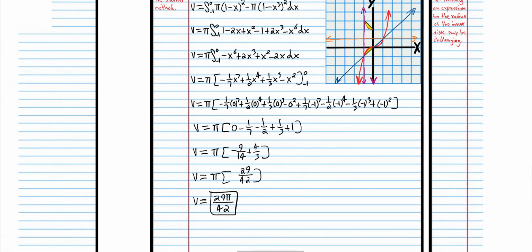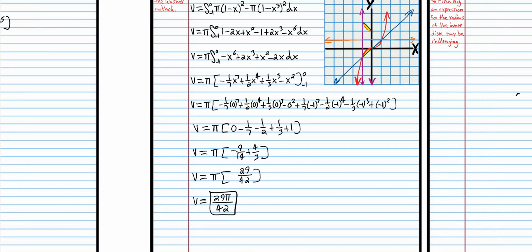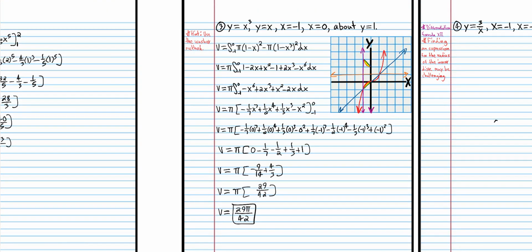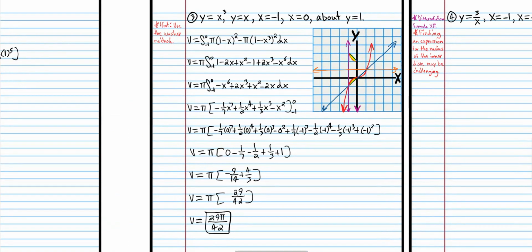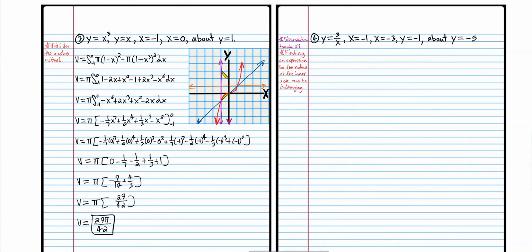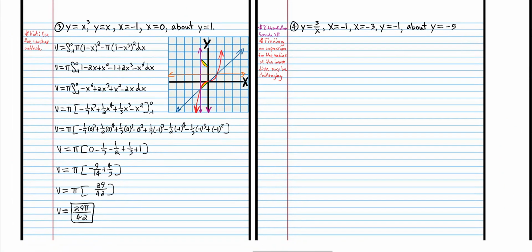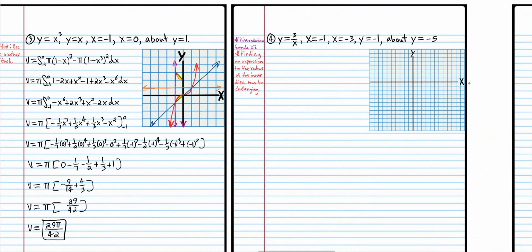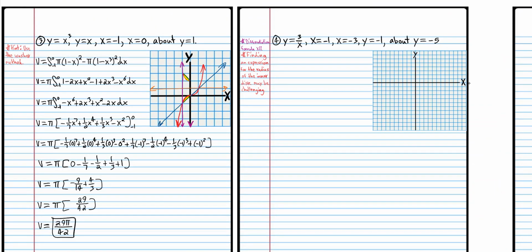So there you go. If you got that answer right, excellent. Okay, so I want you to try one more of these. Again, the difference with these problems is that we're not rotating about the x-axis, we're rotating about a horizontal line other than the x-axis. In this case, it was y equals 1. I'm going to give you a grid, so you have a grid now,